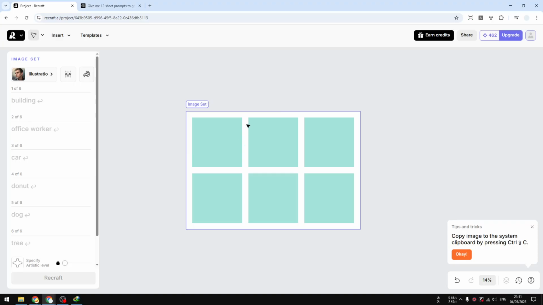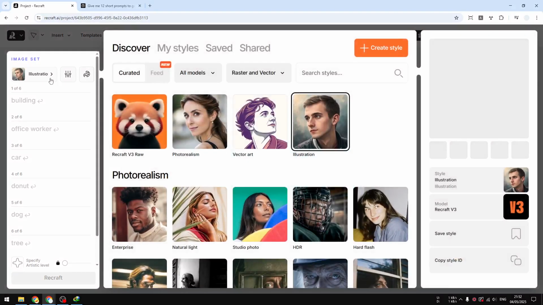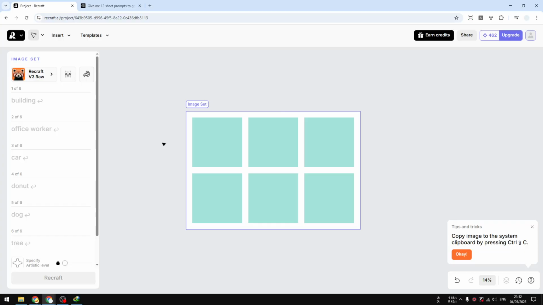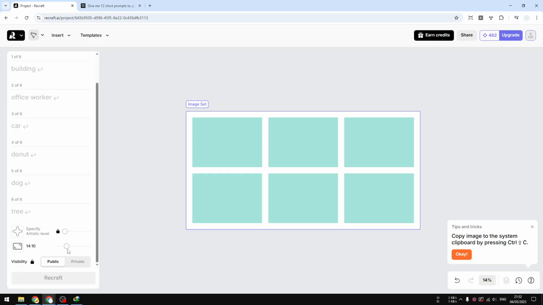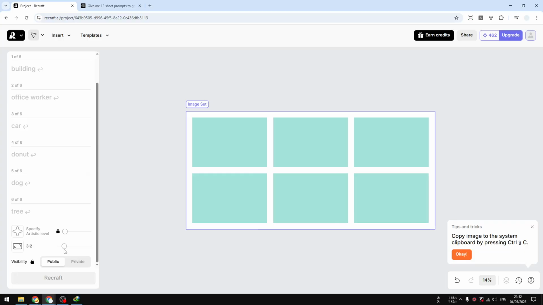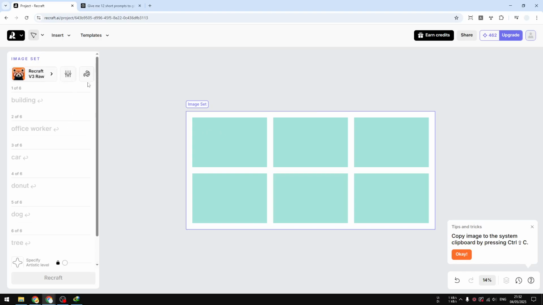You can click on this empty area, basically the gap between images, and then you can select the model that you want to use. I'll try to use the Recraft version 3, the default image model. And you can also adjust the aspect ratio, but again, this is also going to be applied to all images on the set. The only settings that you could customize individually is this setting, the negative prompt, and whether or